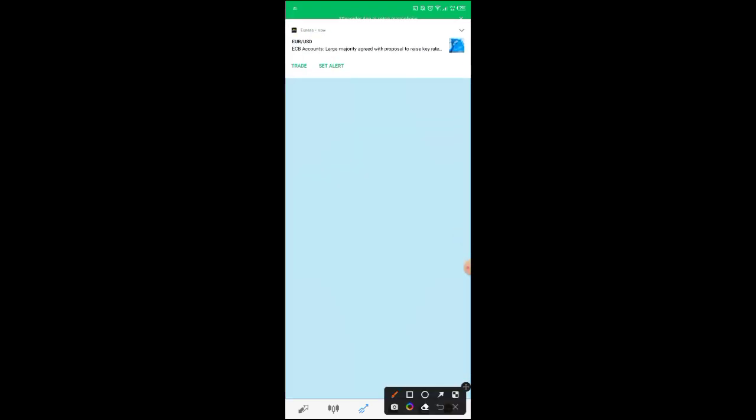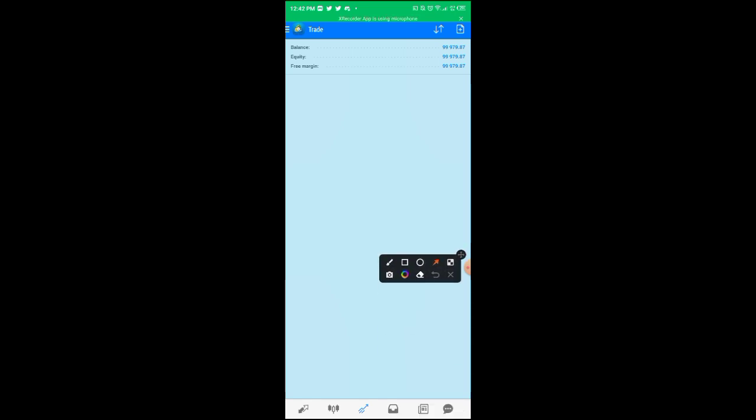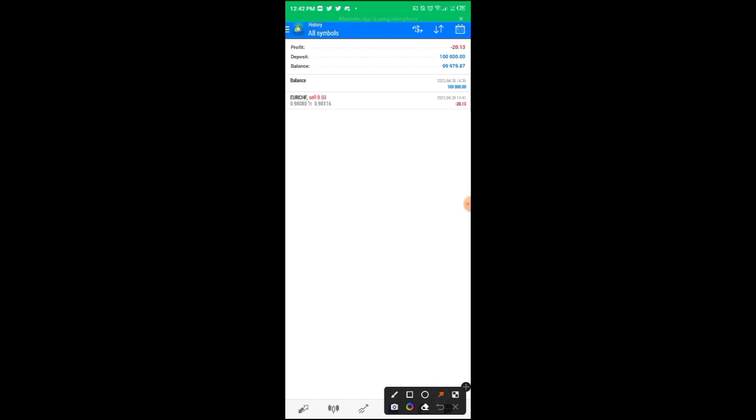So now you click on your history. When you click on history here, it will show your history trade. This is your balance when you deposit. It shows you the profits you make, your deposit amount, and your current balance. It will show you your losing trade also. If you click on it, it will show you your information, your stop loss level, your take profit level. It will show you the amount you lost also. If it is profit, it will also show you this profit. So that is how to use